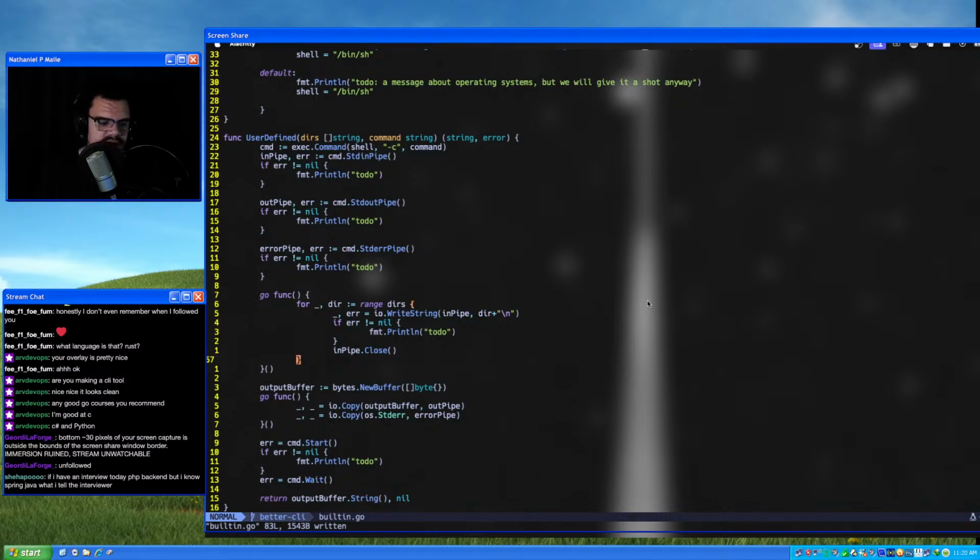Basically, it passes into whatever command you give it one line per directory to choose. Then it should present to the user to choose a directory or whatever. Who cares? And then this function will return the directory that was chosen. So that's great.